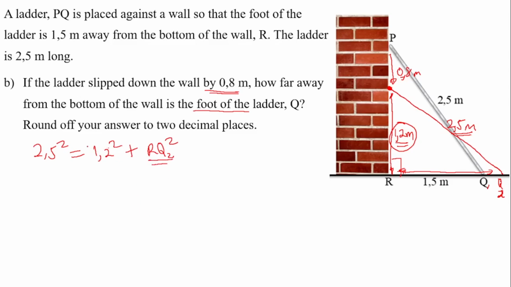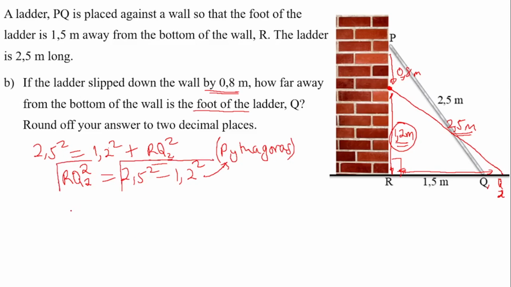So we're going to subtract 1.2 squared from both sides of the equation. So RQ squared is equal to 2.5 squared minus 1.2 squared. Okay, remember to write your reason Pythagoras, right? Even if you start with this step, you must write your reason Pythagoras there. Then square root both sides, then get that RQ, our new RQ, is equal to the square root of 2.5 squared minus 1.2 squared, and then must get